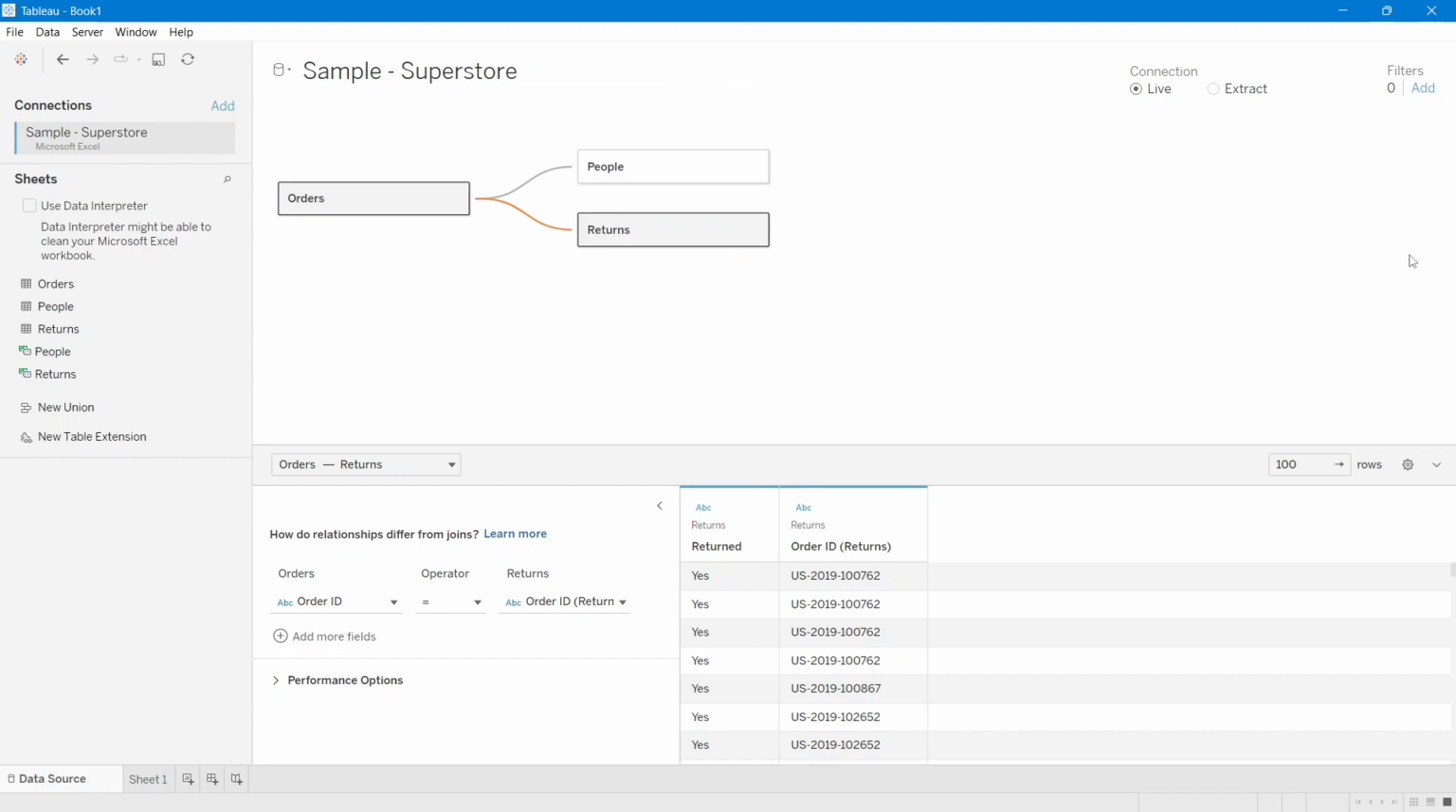This particular layer is called... There are two layers in this canvas. The default layer, which you can see right now, is called the logical layer. Logical layer means these two tables are connected to each other logically. But if you want to see the physical layer,